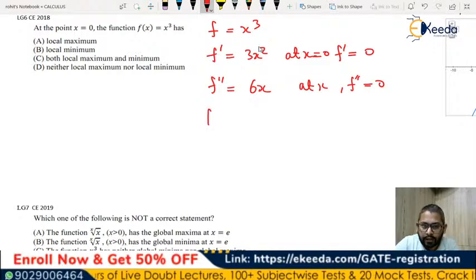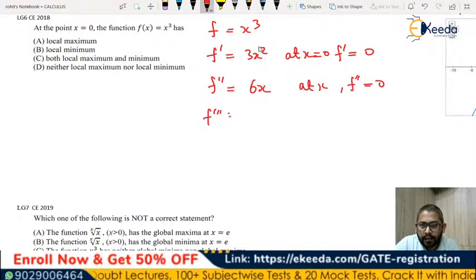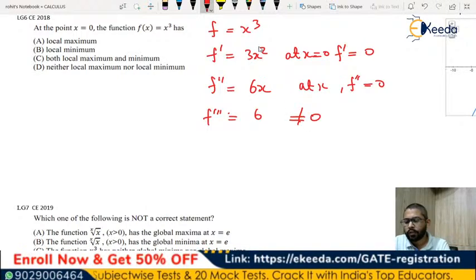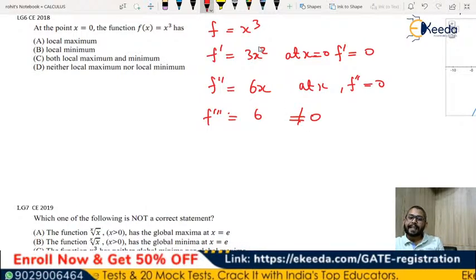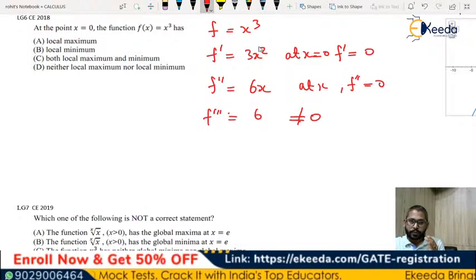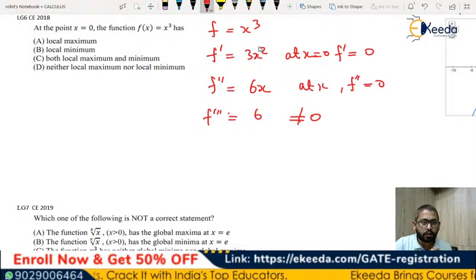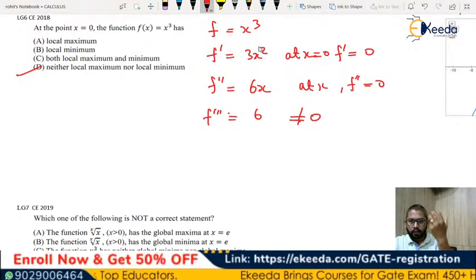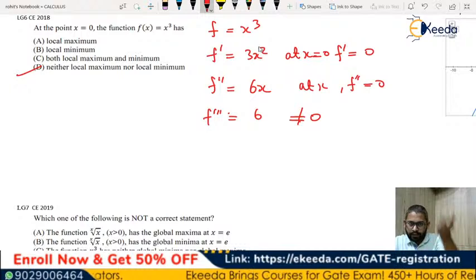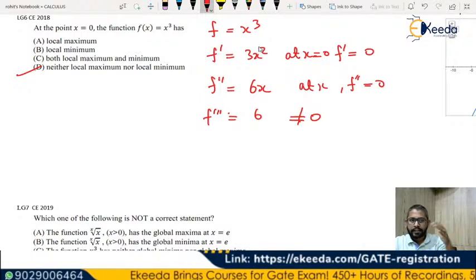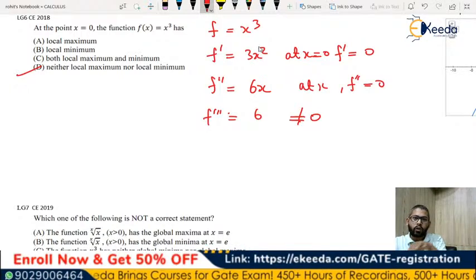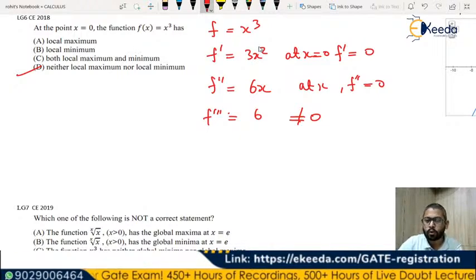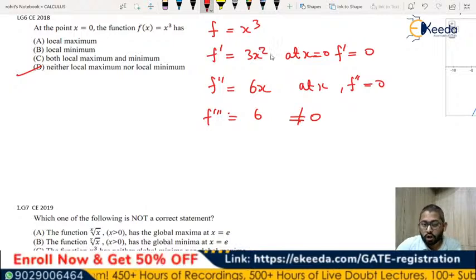So what about the third derivative? Third derivative is 6, which is not equal to 0. In fact, it is a constant value. So D option is the right option, Lokesh. So when you have found the stationary point, after that when you look at the second derivative, whether it is positive or negative, that only tells you whether it is going to be local maxima or minima. But if you talk about x cube,